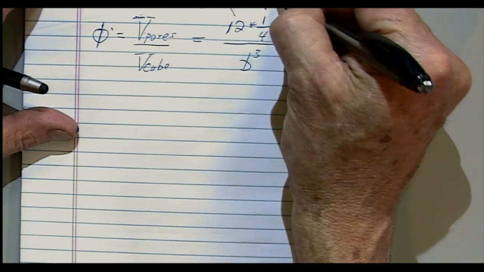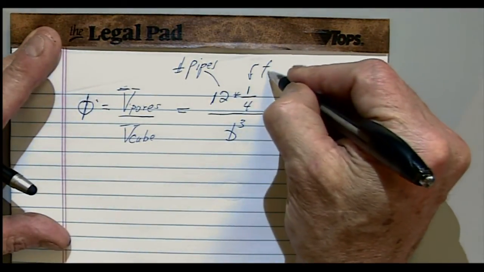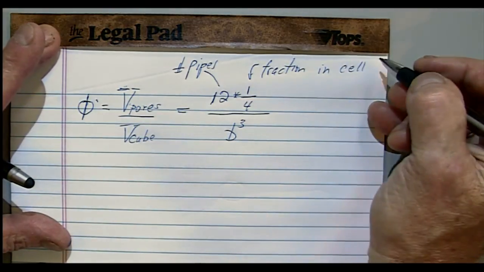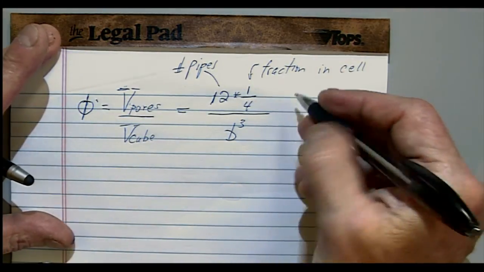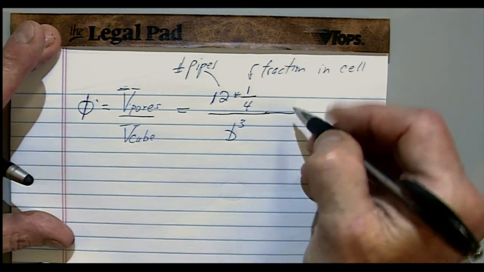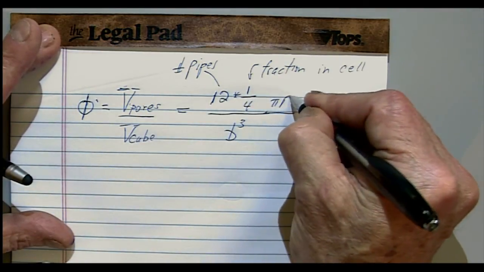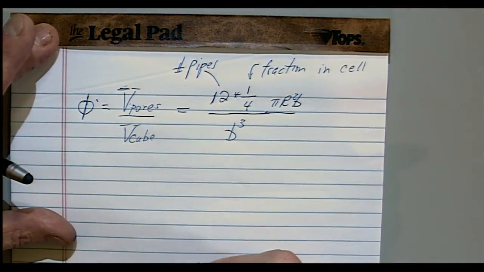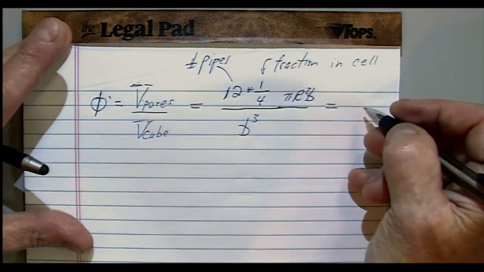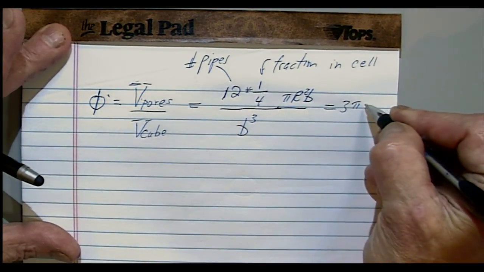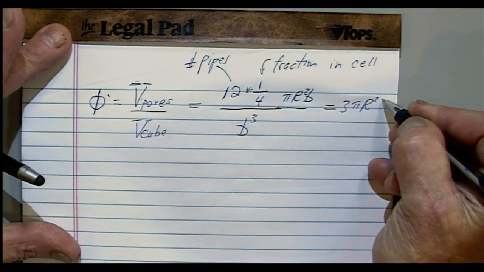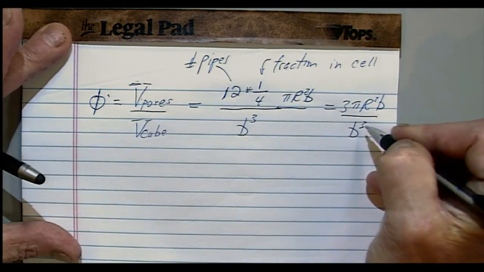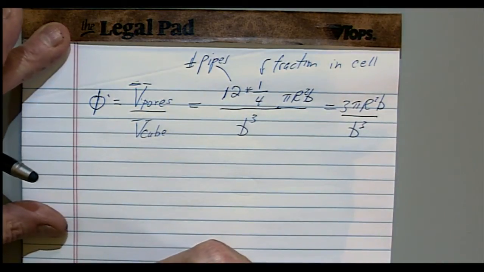This is the fraction in our cell. And then I have to multiply it by the volume of one pipe, and the volume of one pipe is just pi r squared, that's the cross-sectional area, times its length b. Okay, and you grind it out, it's just 3 pi r squared times b, and that's divided by b cubed. Okay, and so I can plug that back in